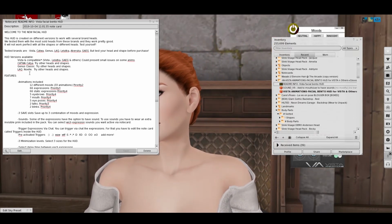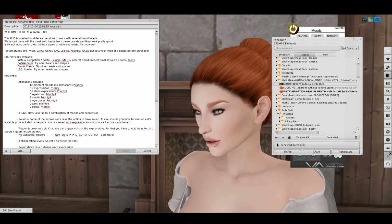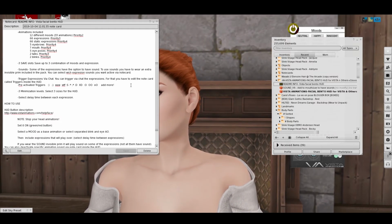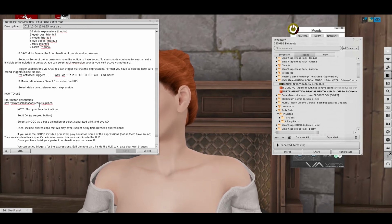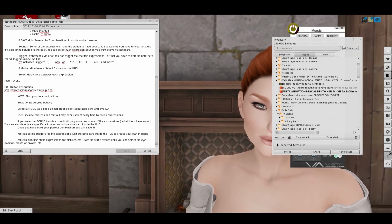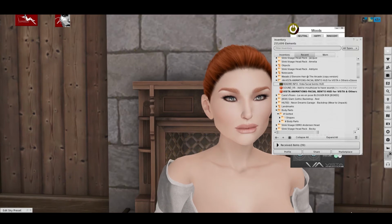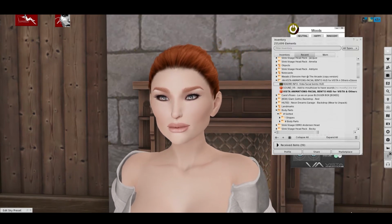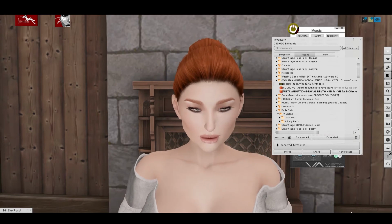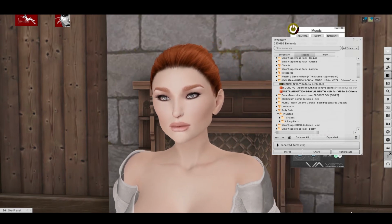Here's a little bit about what's included, the moods, the expressions, the priorities, some of the other options that you have, time delay. You can have the mood as a base animation or separate blink and eye AO. And triggers for various. So it's very handy. Again, going to be really useful for photography and videos, I feel. Obviously, even if you're not into that, you just want to have a realistic running expression, this would be a nice option for having it across multiple brands, maybe not having to change HUDs all the time,